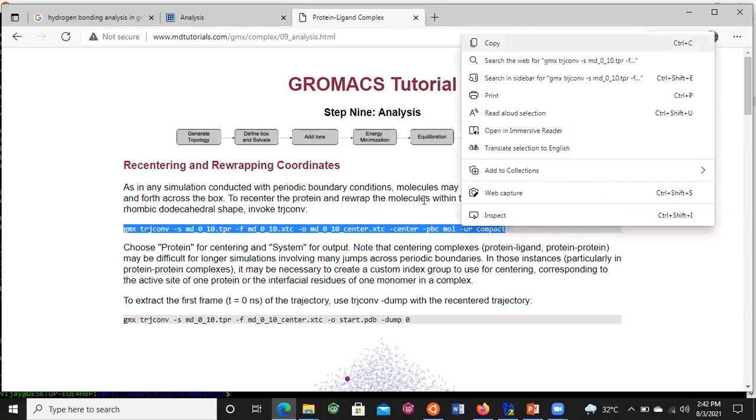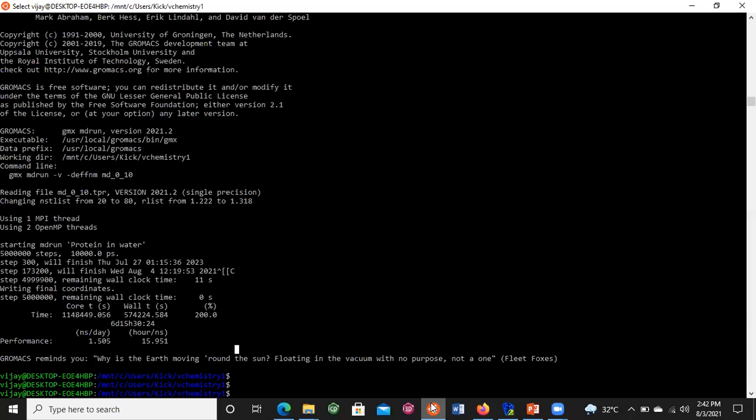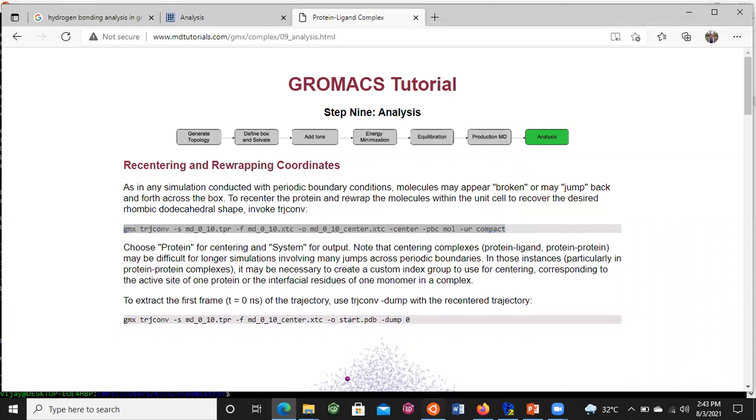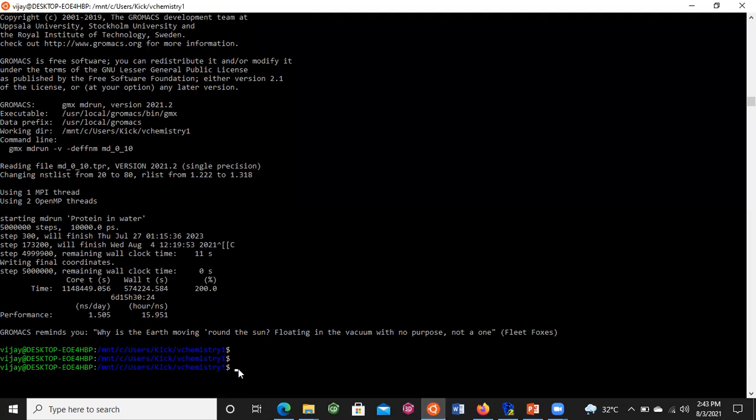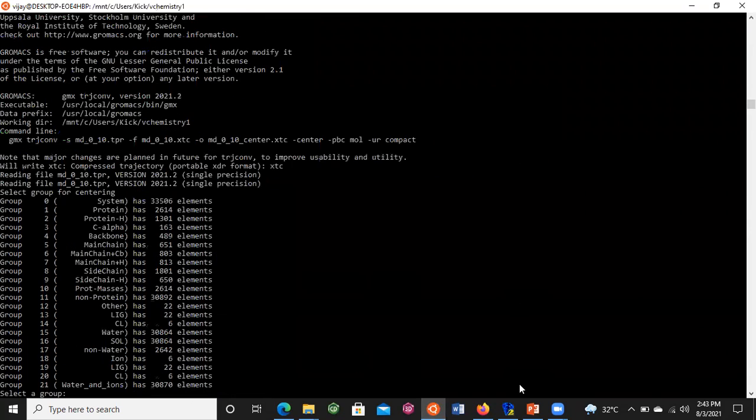So just copy this command and paste it in the terminal, and hit the enter key. Now it is asking to select the group.